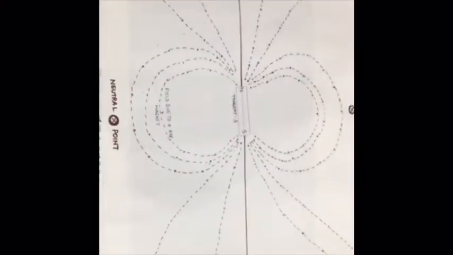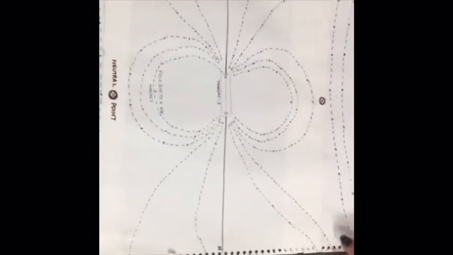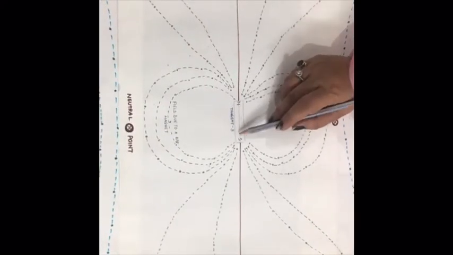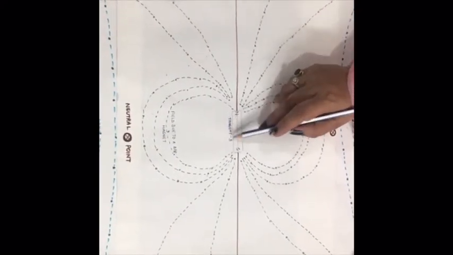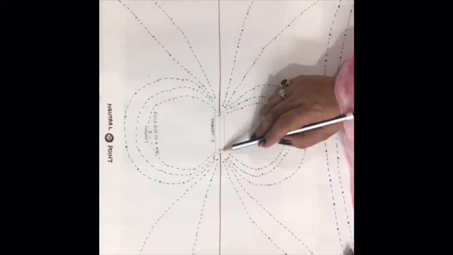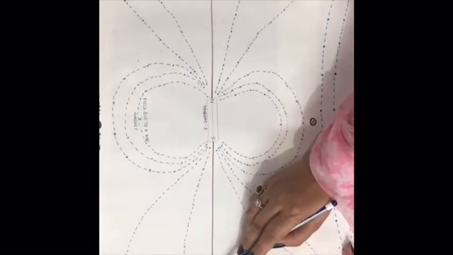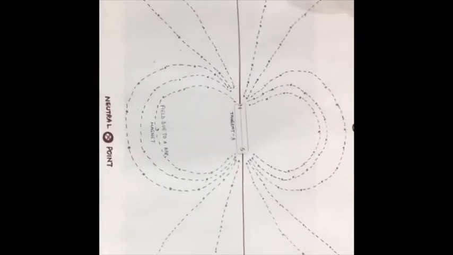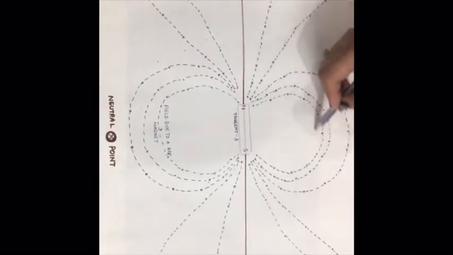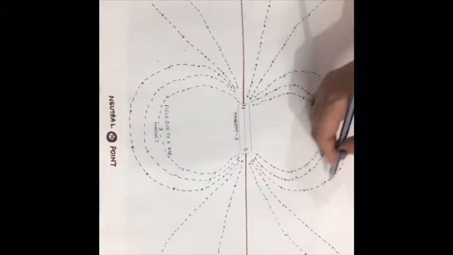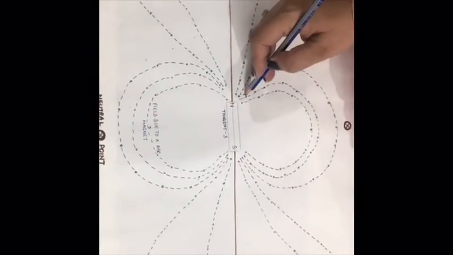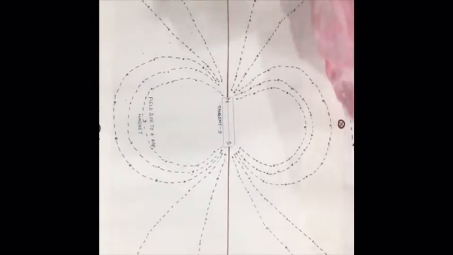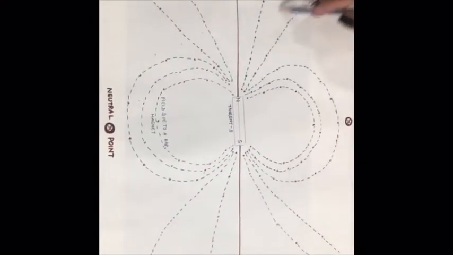This is the complete pattern when you will proceed in the same way. Here I have kept the magnet in tangent B position. Tangent B means the south pole of the magnet is pointing towards the north of the earth and the north pole of the magnet is pointing towards the south pole of the earth. So in between, the same shape of lines we are getting as I just showed with the help of a pen drive case, and outwards as we were just plotting.